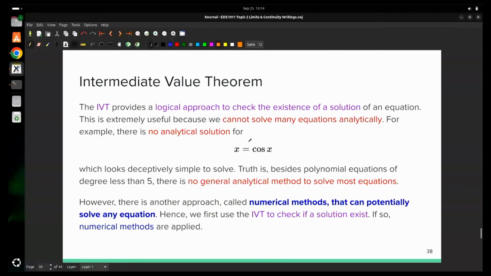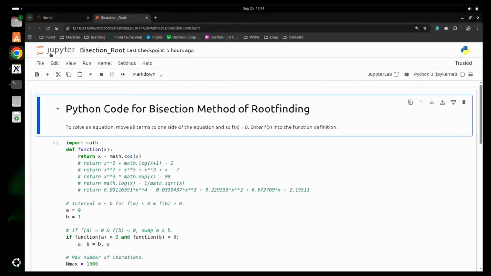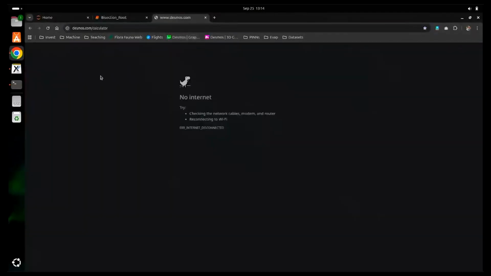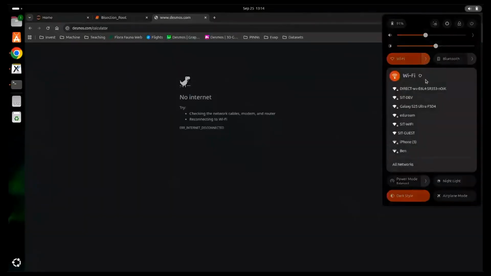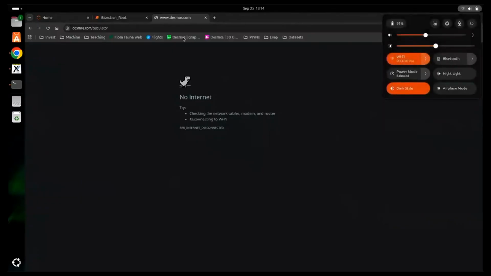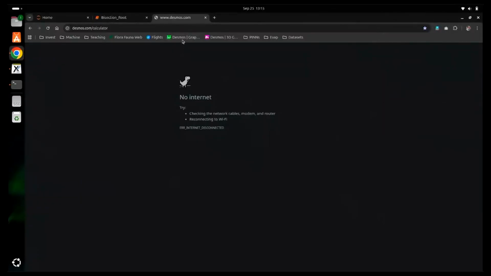Okay? One can do it by plotting a graph. So if you want to solve x equals cosine x,